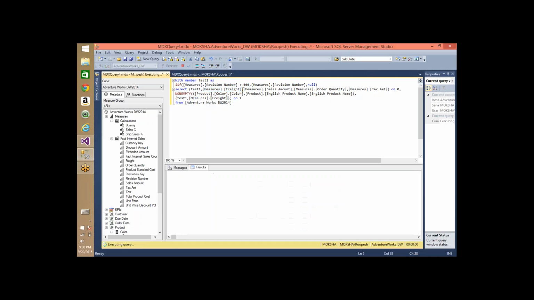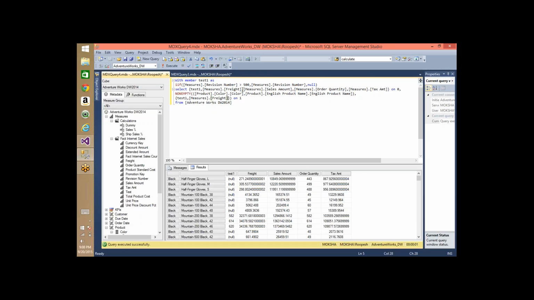Okay, the test one measure and the fleet, and if these two are null, then only it will eliminate. Here the fleet is not null, that is why it is returning, though test one is null. So if you don't specify any value to the second parameter, then it will take all the measures that you have given in the columns. If you specify anything, then it will eliminate all the non-empty records. If any non-empty record is there for the measure that you have specified in the second parameter, then it will